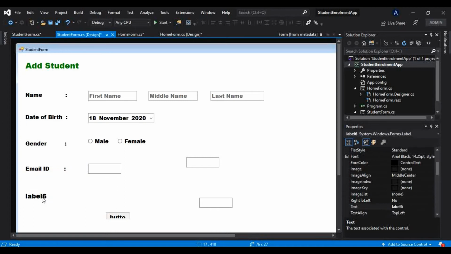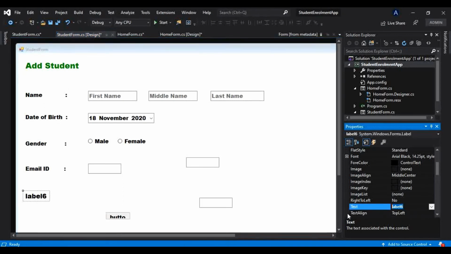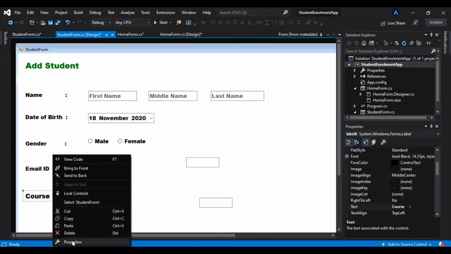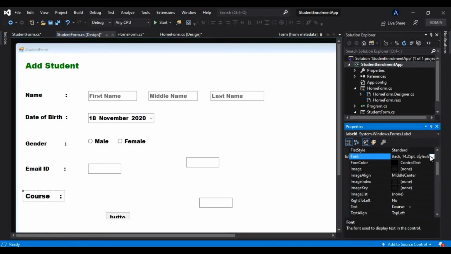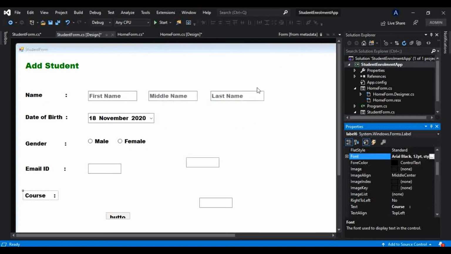Alright, and this label should be for the course a student has enrolled for. Okay, course, and let me just change this font as well. Actually that is set to default, that is why each time I have to change that. So Arial Black 12. Okay, and let me give some more spaces here so that it will look good.